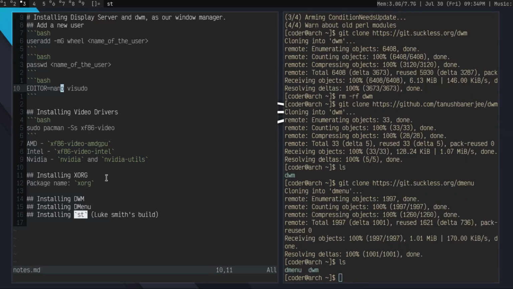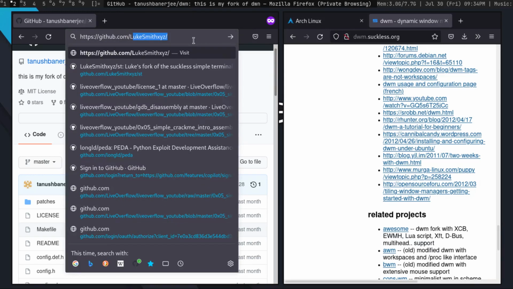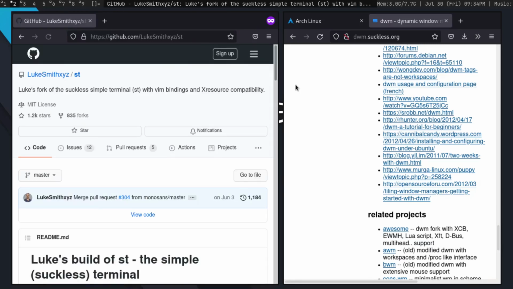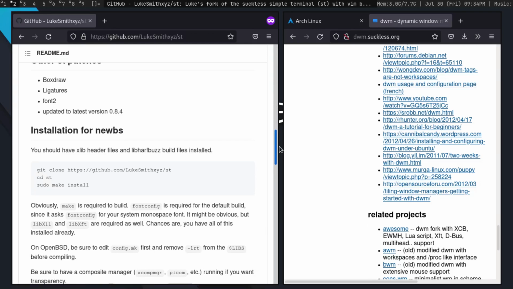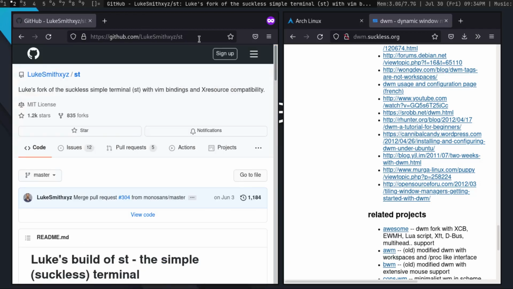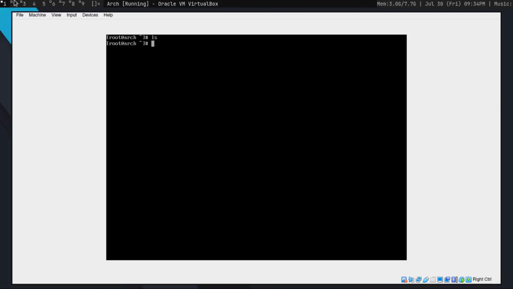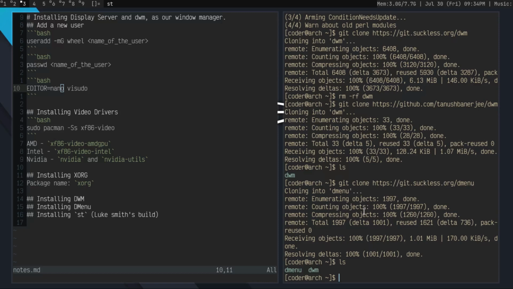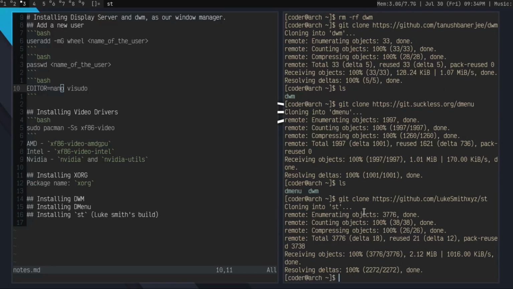Yeah, ST, the terminal. I am using Luke Smith's build. He's a YouTuber, and he has a very nice build of ST, which has a lot of cool features, and I happen to like those. So I'm going to show you how to install this. So you can just copy this URL. I'll add all the commands in the description, and then just git clone this also. And okay,